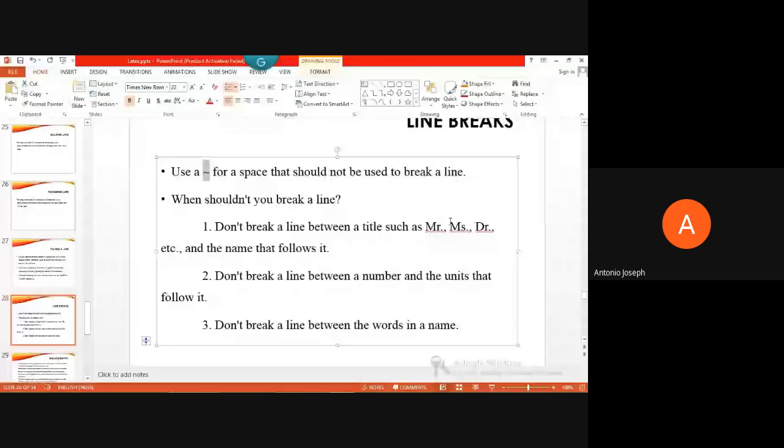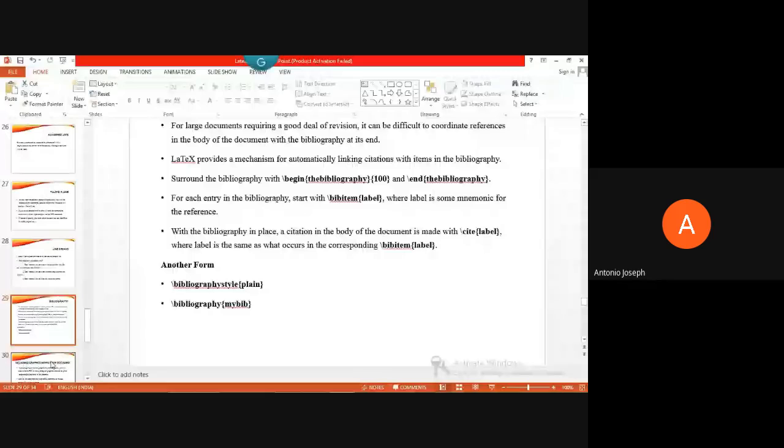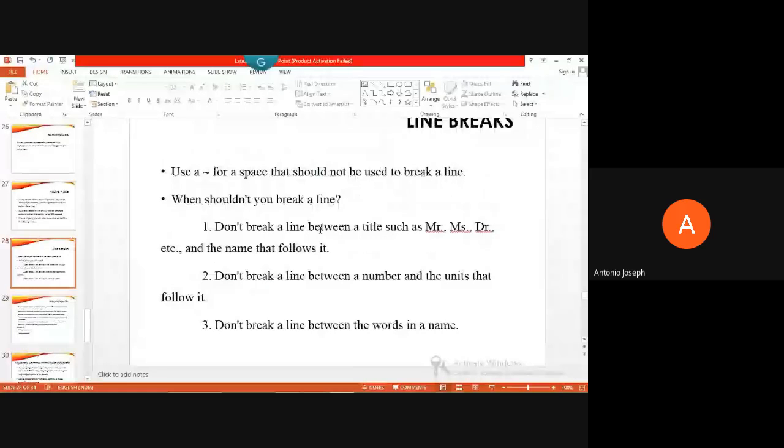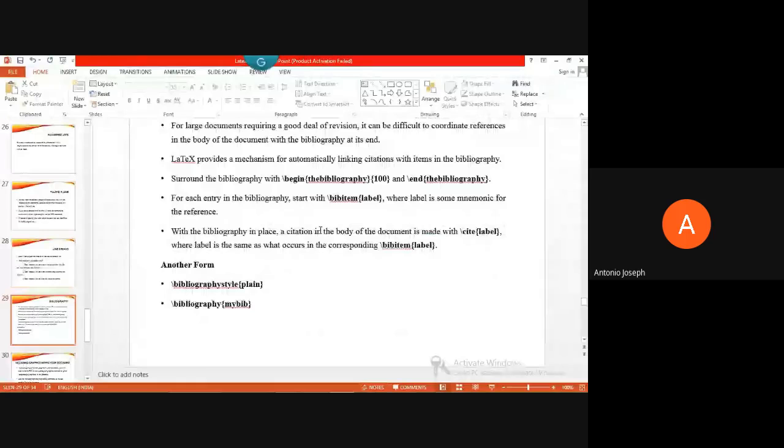Then comes an important topic, bibliography. So this can be created using two different ways. Either we can create using a begin bibliography and end bibliography style, and we can name all bib items over there, and we can do it manually.